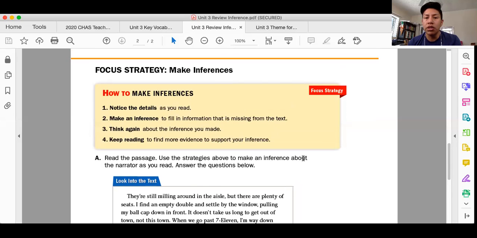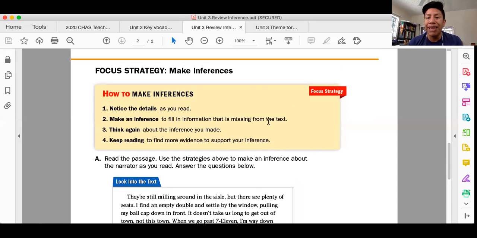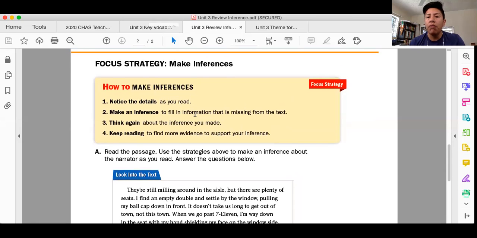Okay, for this week, we're going to practice again making inferences, and also we're going to practice reading a short poem. Okay? So this is just a review. So remember, making inferences is what good readers do when they read. And so how do you make inferences? And inferences, remember, is a guess, como estás adivinando, pero estás adivinando basado en ciertas claves o cierta información. Okay? So es como tomar en cuenta la información que te dan.